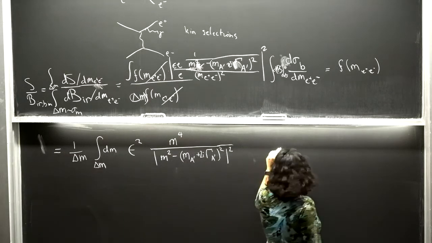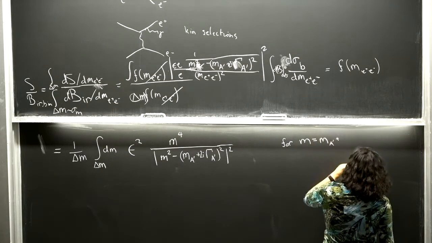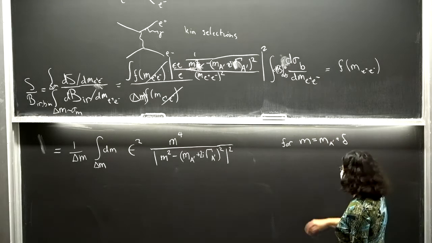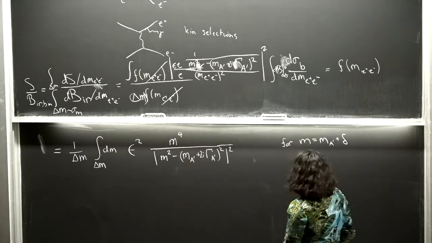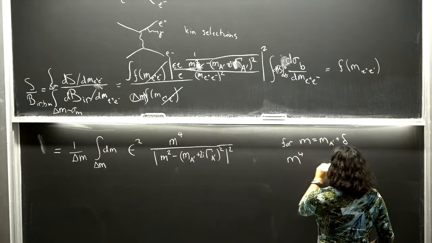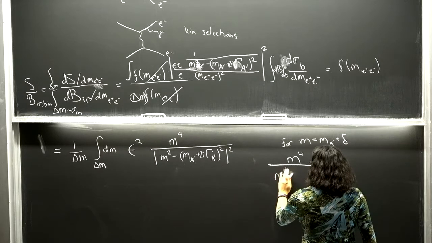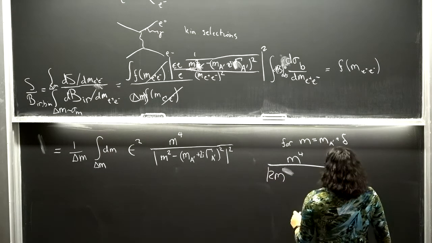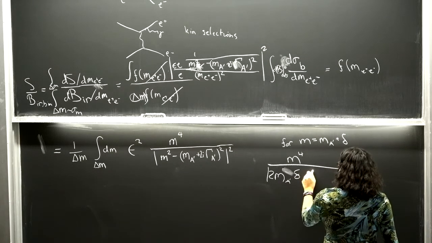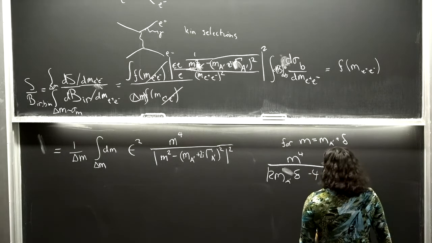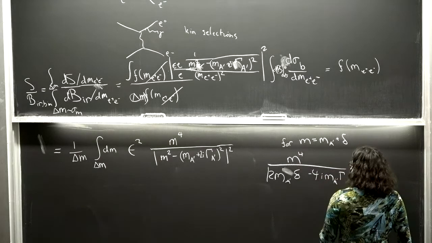So for m equals mA prime plus delta, I can linearize the denominator. And you can see that the mA prime fourth terms are going to cancel. So I'll get m to the fourth over, I get a 2 mA prime delta minus 4i mA prime gamma. I'm sorry,